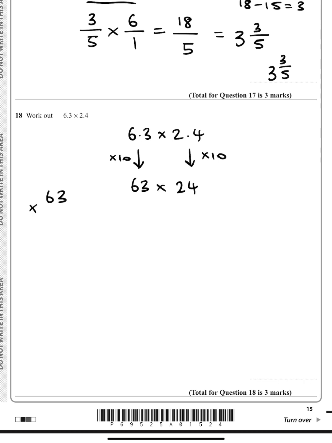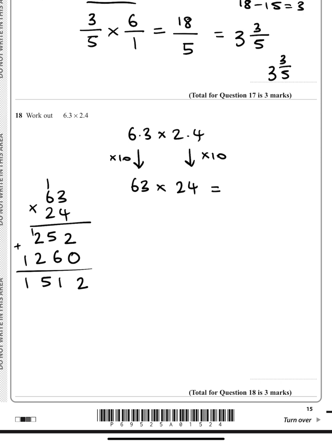So 63 times 24. 3 times 4 is 12. 6 times 4 is 24. Plus 1 is 25. And then I'm going to put my placeholder value of 0 underneath that 2. 2 times 3 is 6. And 2 times 6 is 12. I'm now going to add those two numbers together. 11 here, 5, and then 1. So the answer to 63 times 24 is actually